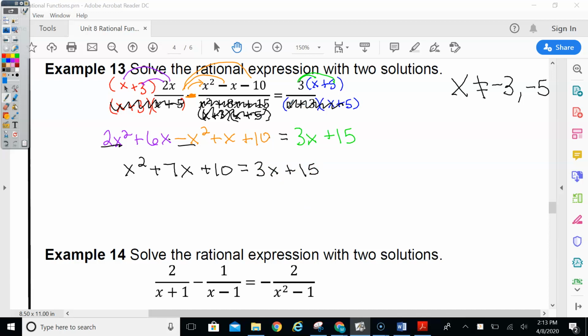Okay, so in order for me to solve a quadratic, I got to make it equal to 0. So minus 3x from the 7 to get 4x here, minus the 15 from the 10 to get negative 5 here. And the x squared just comes down. So now we have a quadratic with an a value of 1. So there's not a value in front, not an a value, it means I can use basic. So what are the factors of negative